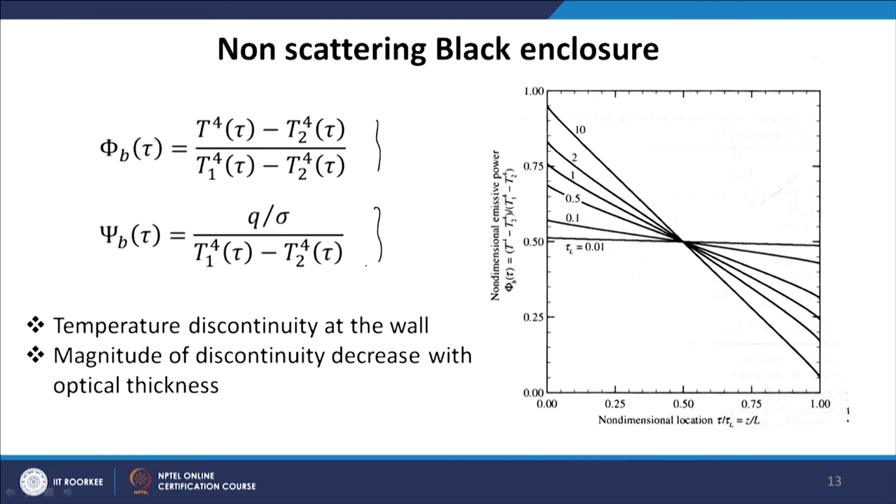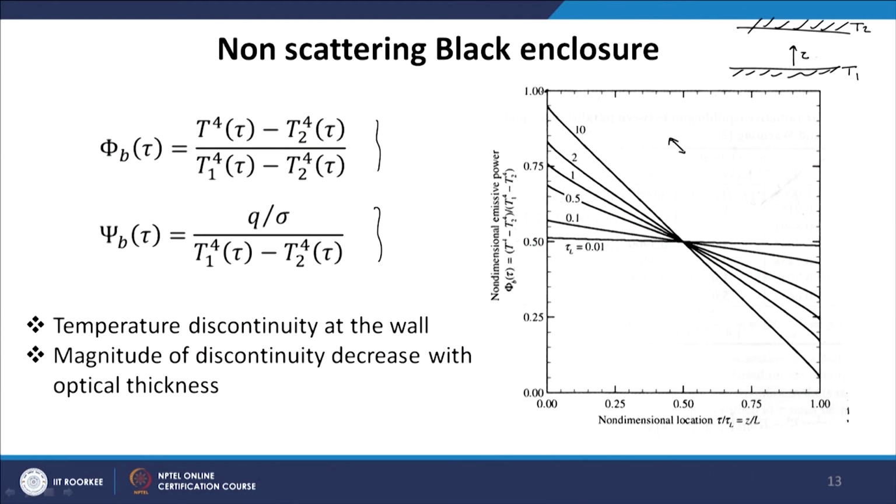and we see that almost the variation is linear. So, we see the temperature variation between the plates. We have a top plate and a bottom plate. This is at temperature T2, this is at temperature T1. We are finding the temperature at some point in the middle, at location tau. The emissive power, or fourth power temperature variation, is linear. If we have this linear variation in emissive power, it is easy to solve for temperature; you just have to take the power 1 by 4.